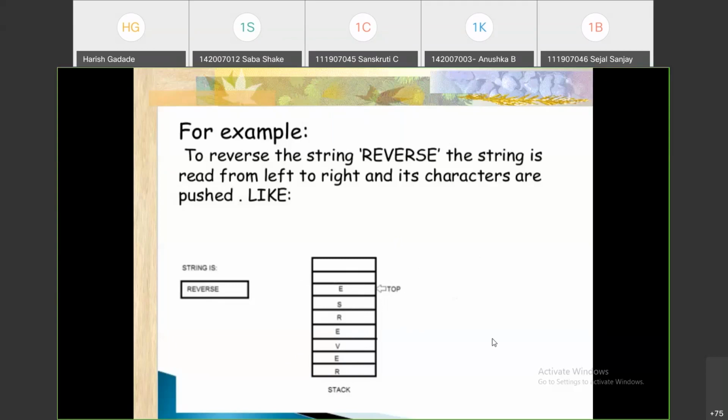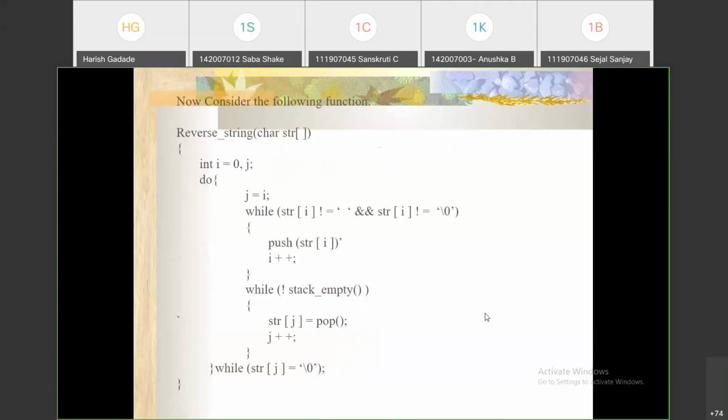That becomes the reversed string. Whatever string you are considering, insert the characters into the stack one by one, and after the insertion is complete, pop and print each one. This is a very simple application of the stack. This is the function you can consider for reference, and you can change it as per your need.